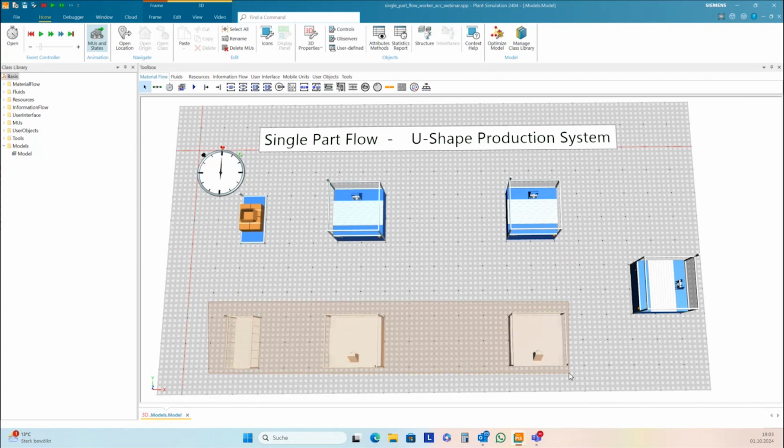We need a workplace for each station, and for the source and for the train.